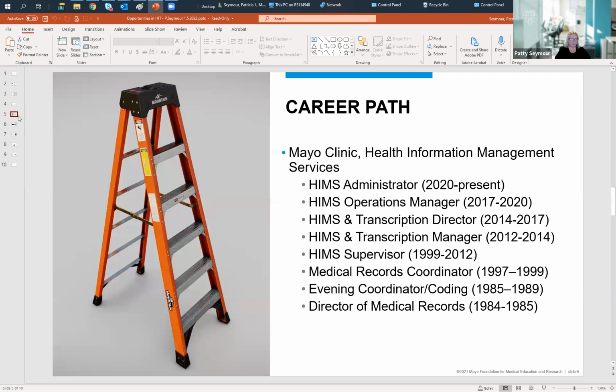So just a little bit about my career path. Through the years after I got my 2-year degree and my first credential, like a lot of people, I came out of the program thinking I wanted to do coding, but I took my first job as the director of medical records at a nursing home. It didn't take me very long to realize the nursing home environment was not for me. It is for some people, and I applaud them, but for me, I really like the pace of the acute care setting. So I stuck with that for about a year, and then I took a position as an evening coordinator and coder